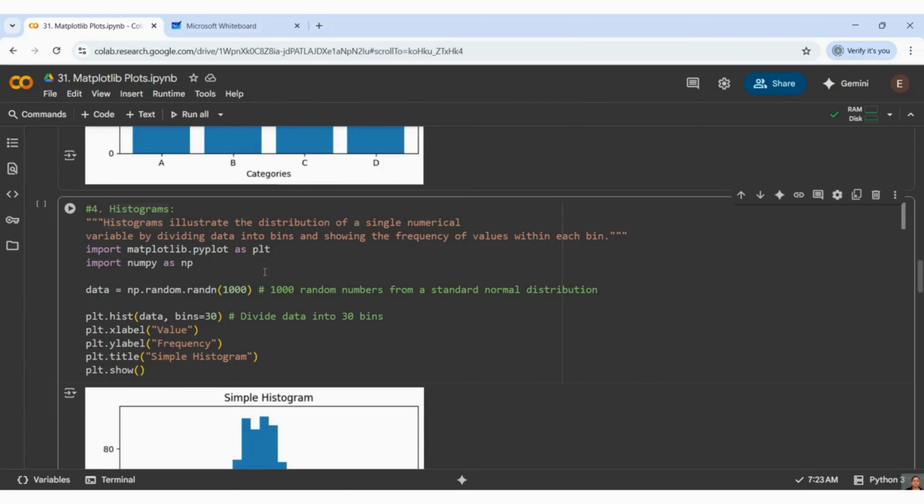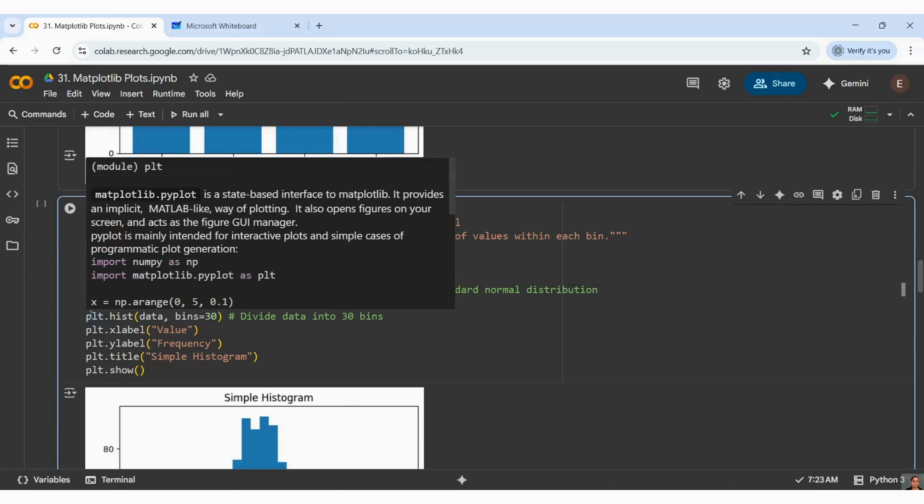So you can see I have 1000 random numbers. You can see randn, and I have told you how to create different distributions in our previous videos. You can have a look at that. This is for the standard normal distribution, randn, and I am creating 1000 data points for that.